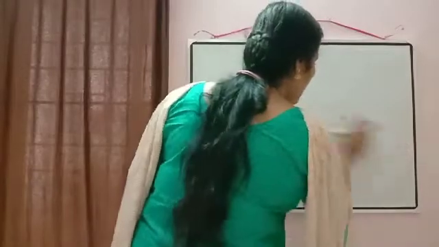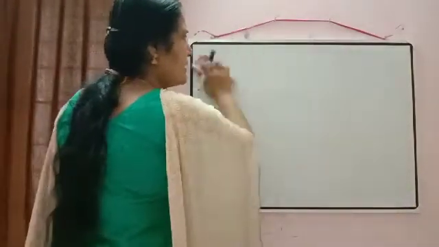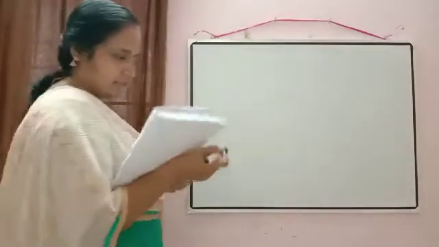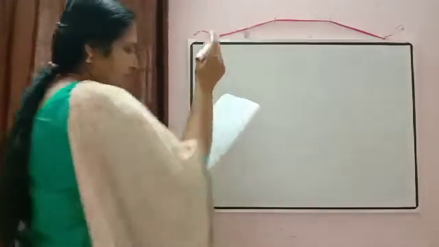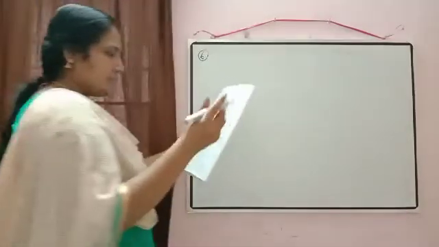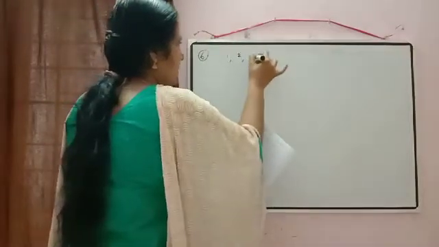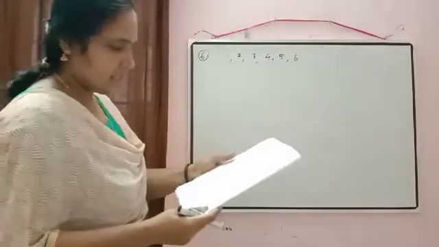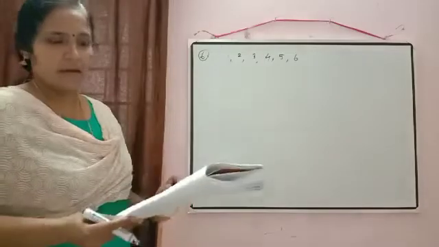Okay. Already we did some problems that we did directly. This place can be filled in this ways. Now how to use the formula. So you can check the question. How many 4-digit numbers can be formed from the digits 1, 2, 3, 4, 5, 6 if no digit is repeated? So obviously to use the formula, repetition not allowed.